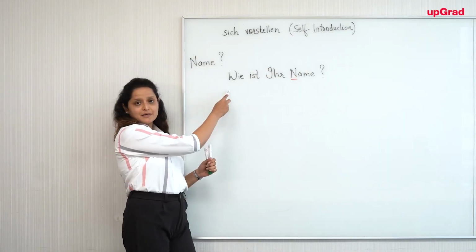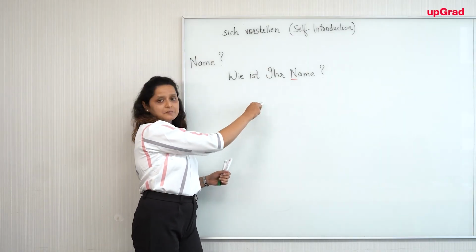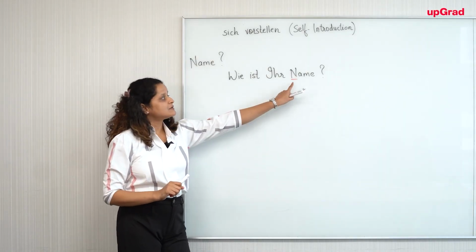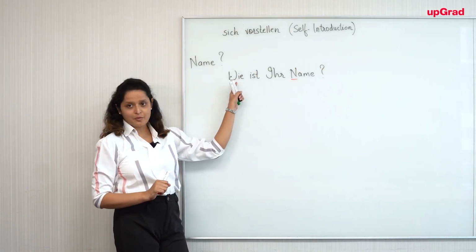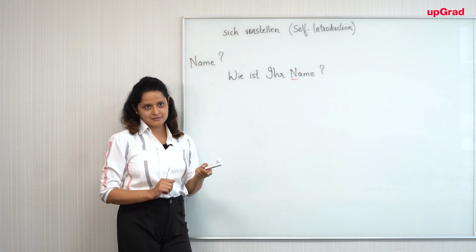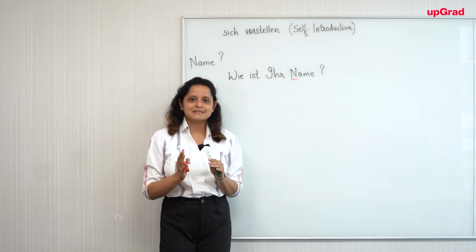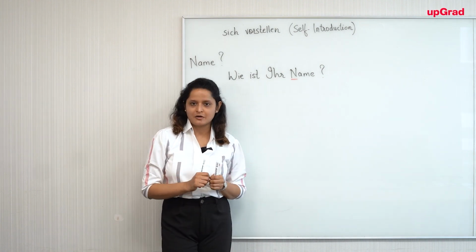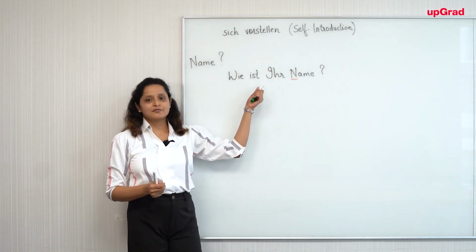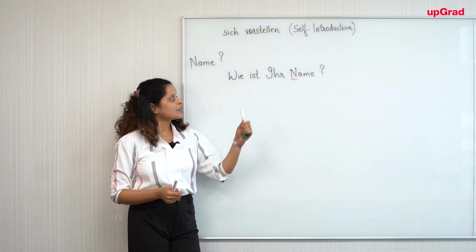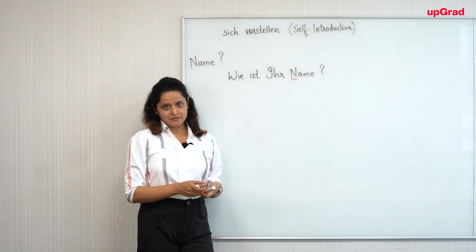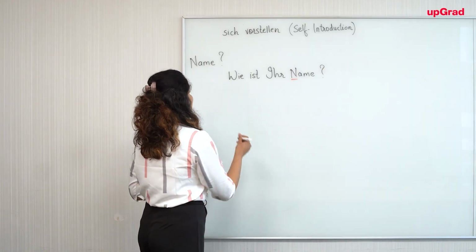It could be right at the beginning, right at the end, in the middle, it doesn't matter. It is always going to be capital. So this is a formal variation, a formal question, okay? If you remember, we've already spoken about formal and informal conversations. So this is a formal question if you're asking somebody in a very official setup. Wie ist Ihr Name? The answer to that becomes